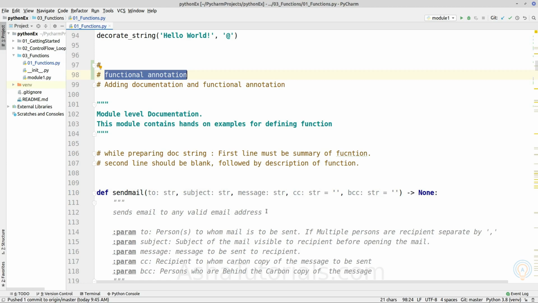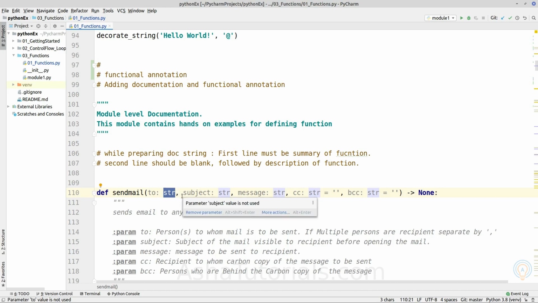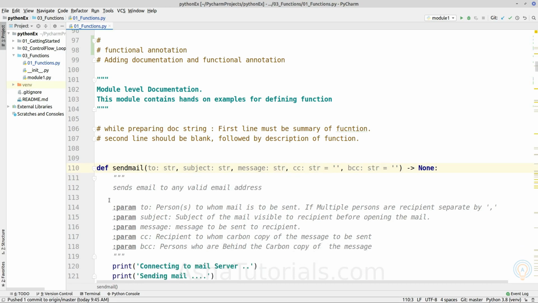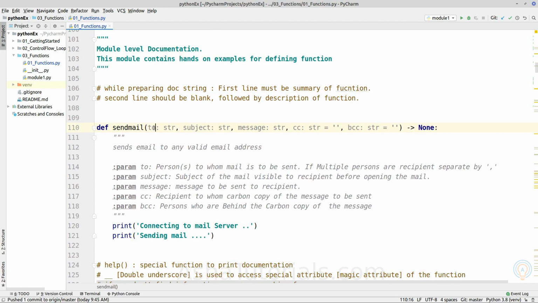With the parameter we will write like this: after the parameter name, a colon followed by one space, we will write the class of the variable or object expected by that parameter. So in this example, the send mail 'to' parameter expects an object of type string.